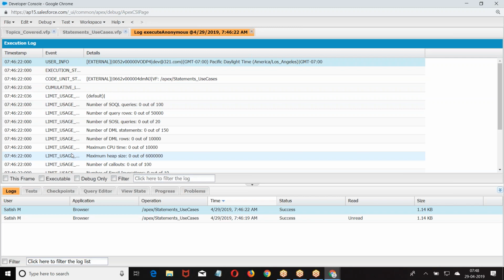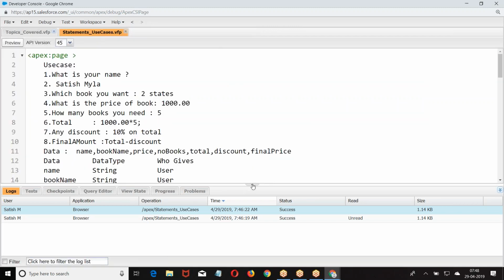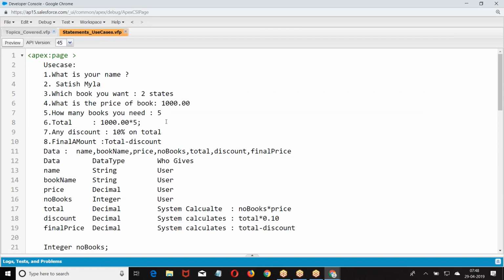Now this is not the way in which we execute, and not the way in which we display. Here, as I have not done Visualforce, I am showing the output from the log file. In the future, we will get into Visualforce and see, because we are just doing the OOPS basics. I am going to the log file and showing it.